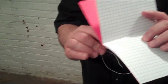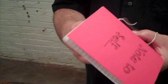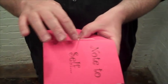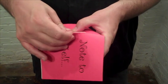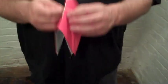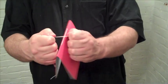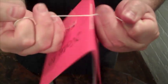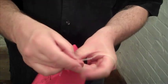And then you go all the way down the spine to the bottom hole and back all the way through. Pull it nice and tight, and then you come out again the center hole. Now when you come out the back, you want to make sure that you're going on the opposite side of the spine thread from where your tail is, because that's going to make you able to get that nice tight knot. Then you drop the needle off, and you just pull it tight like that so that it's nice and tight along the spine. And you just tie it into a quick little double knot,